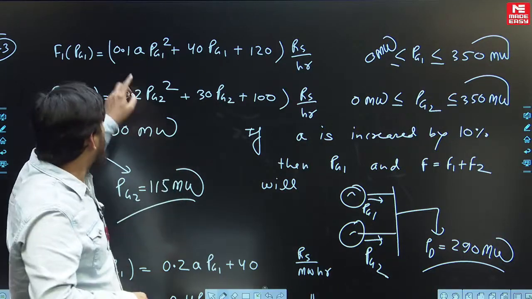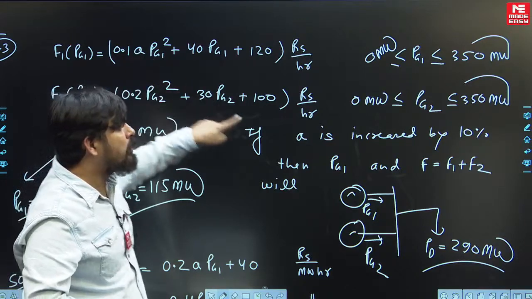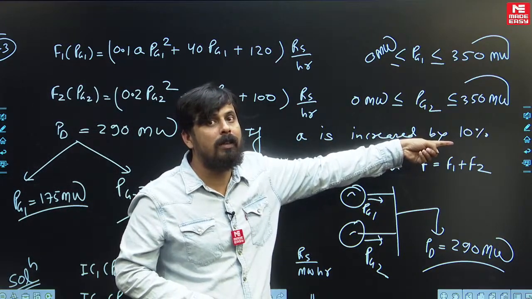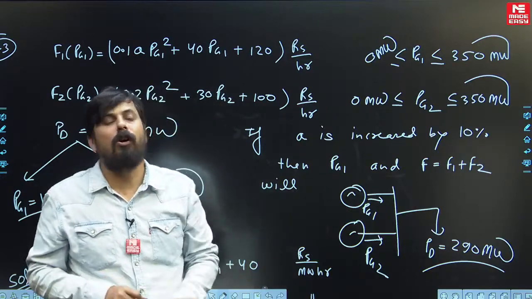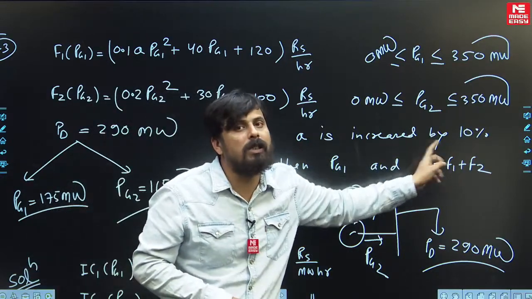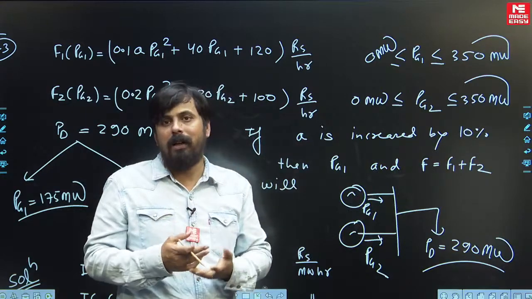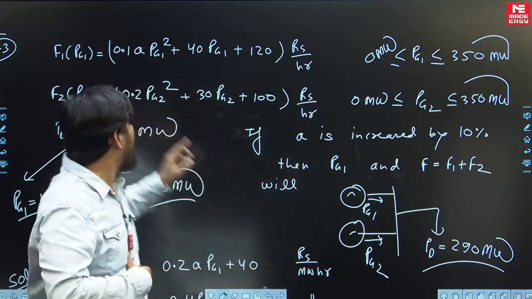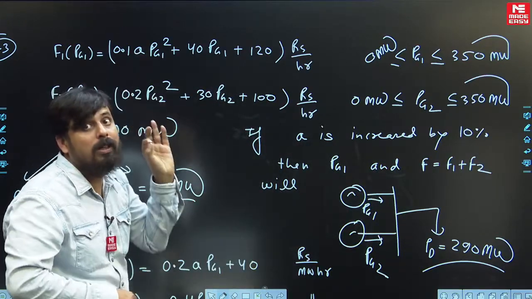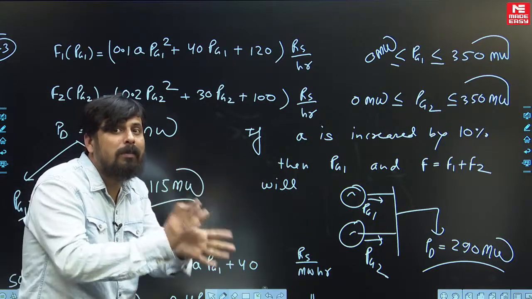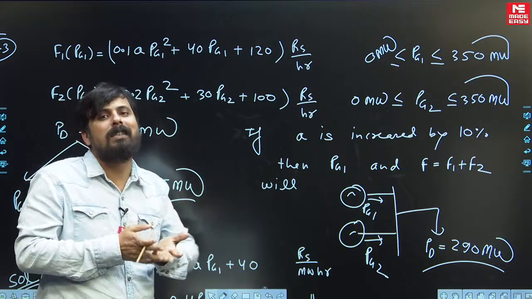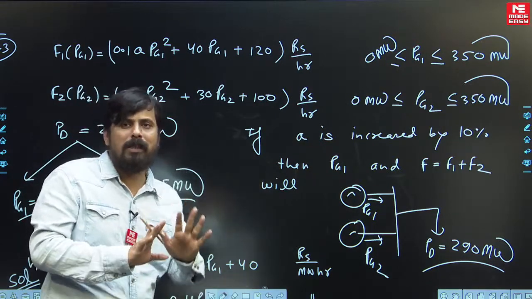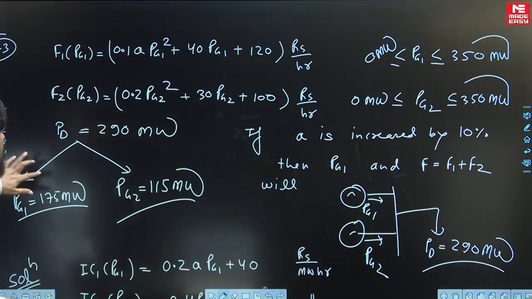अब इन्होंने कहा कि अगर ये जो A की वैल्यू है इसको हम 10% बढ़ा दें, तो बताइए सेम डिमांड के लिए Pg1, Pg2 और टोटल कॉस्ट, जो कि दोनों की कॉस्ट का सम है, वो बढ़ेगा कि घटेगा। ये जो कांस्टेंट है A, इसको अगर 10% बढ़ा दें तो सेम डिमांड के लिए Pg1, Pg2 और टोटल कॉस्ट F में क्या चेंज आएगा, बढ़ेगा कि घटेगा, बस ये पूछा है।